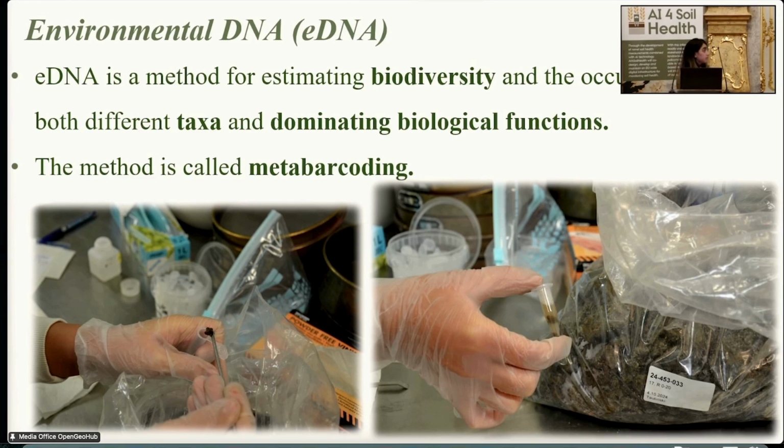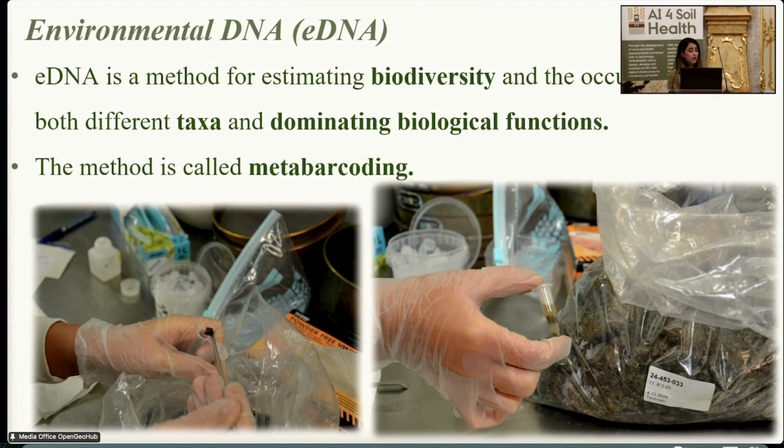The method that we are doing for the eDNA is metabarcoding, but this method compared to other methods is a bit more complex, and you need to make the samples and then send them to a lab. We are in AI for soil health, and we are sending them to a lab in Spain. But to do that, you just need a fresh soil sample, really a small amount, maybe 0.25